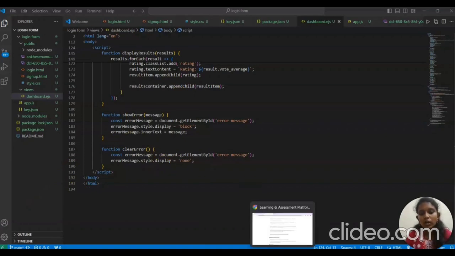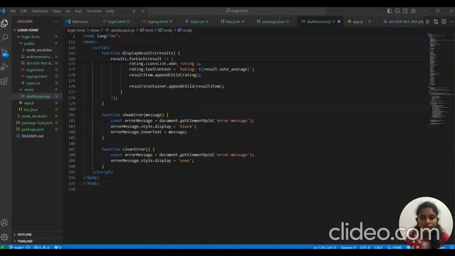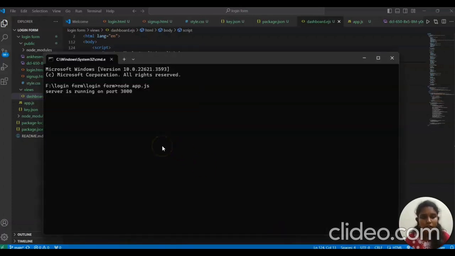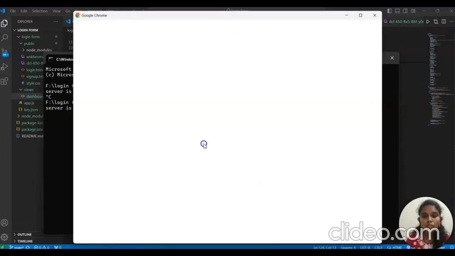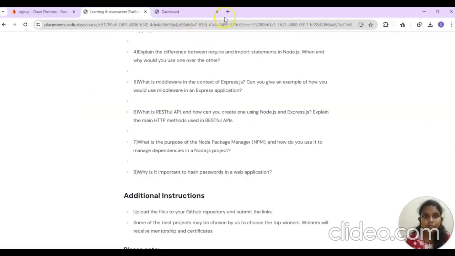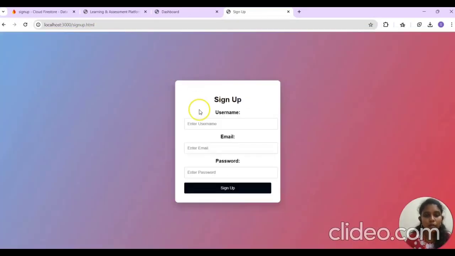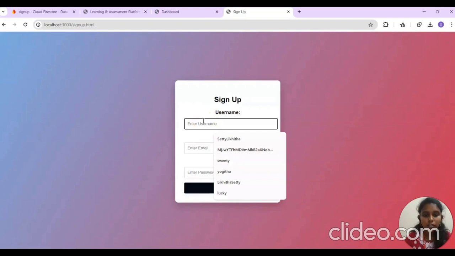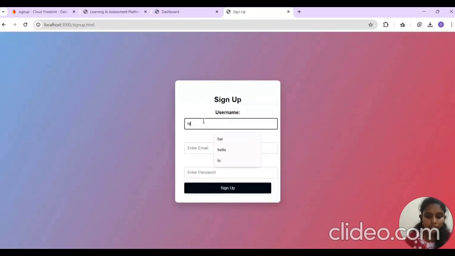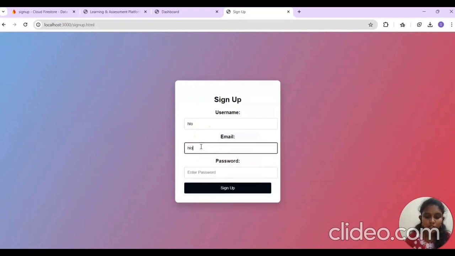So now let us see the output. First, we have to go to the terminal and we have to run the node app.js file, and it displays server is running on port 3000. Now we have to go to Google and we have to run localhost 3000 signup.html, and we give a username and password,